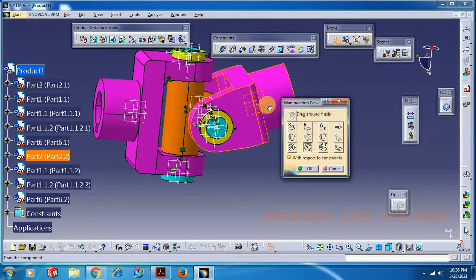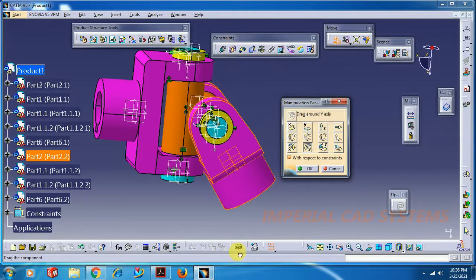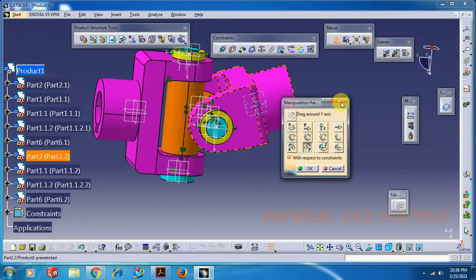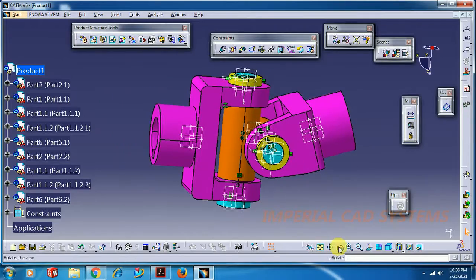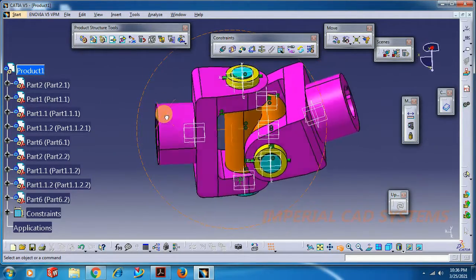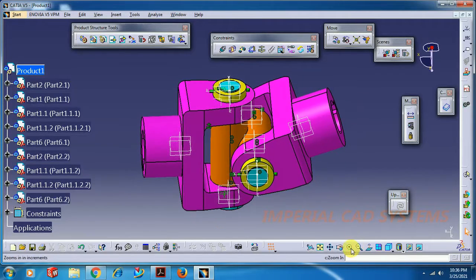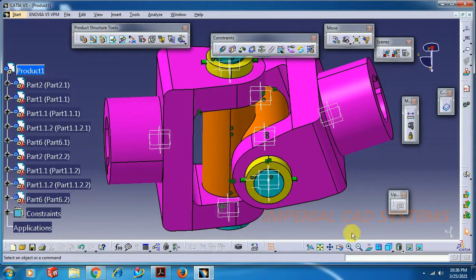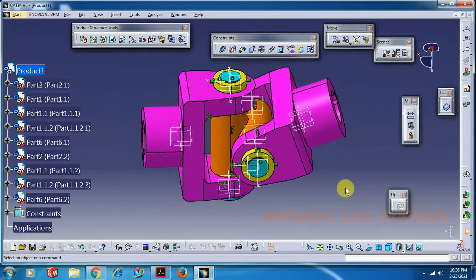Y rotation, like this it can move. So these are all the basic commands where we need to use to assemble the parts.